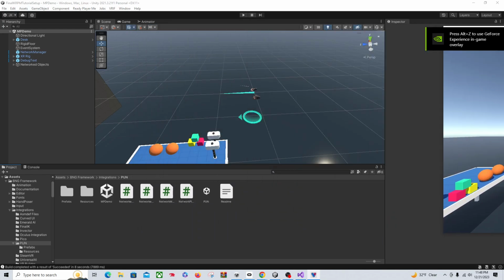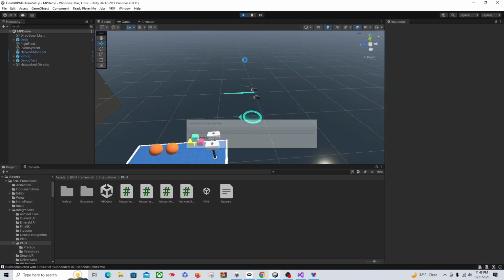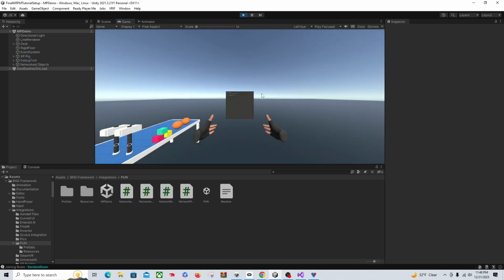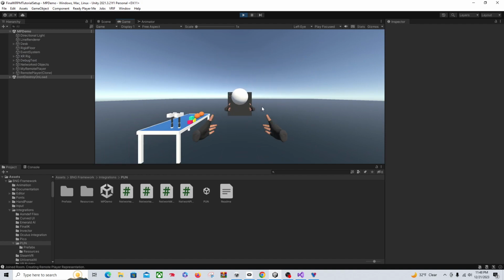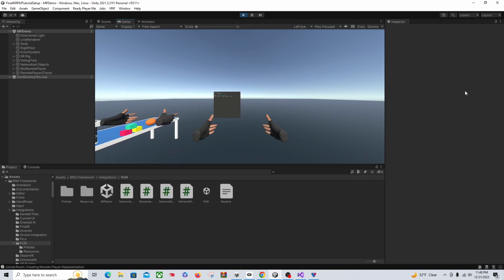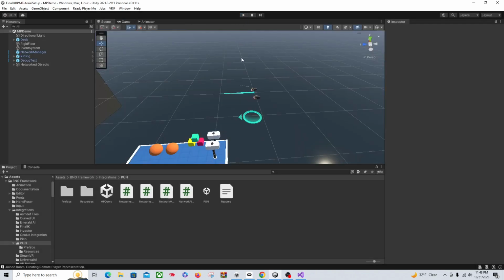Yep, got one person in there, and then play. And what we should see is got two people in there. Okay. Once you're satisfied that that's working, let's go ahead and